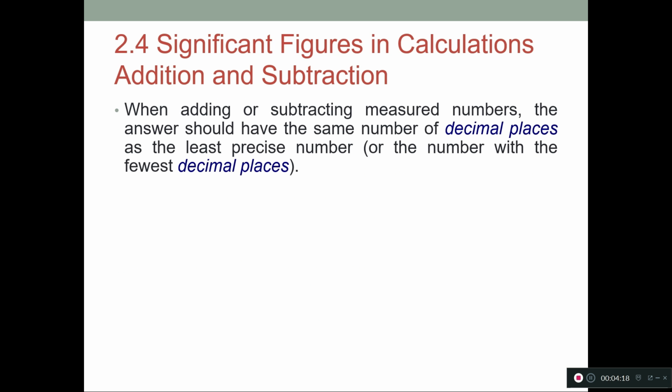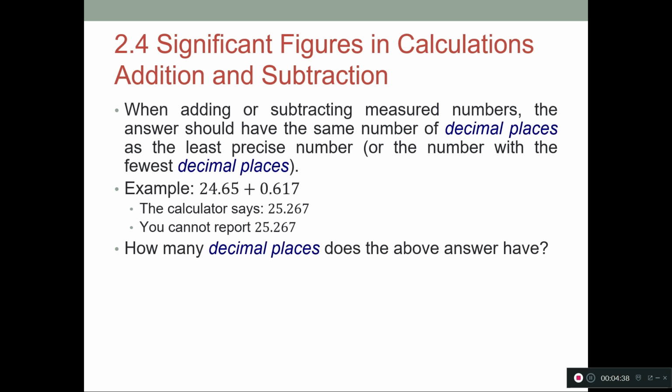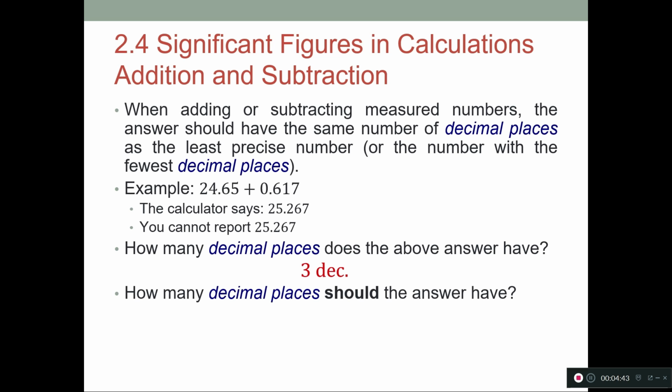But now when we're adding or subtracting, now we want to look at the number of decimal places. So we want our answer to have the fewest number of decimal places. So for instance, if we're adding 24.65 plus 0.617, the calculator would say 25.267, but we can't report 25.267 because this has 3 decimal places, where if we look at what we should have, we want to count how many decimal places each of the numbers we're adding together has. And the first one only has 2, the second one has 3,